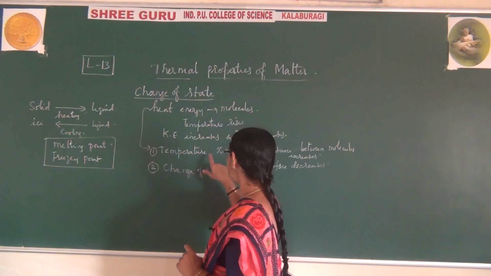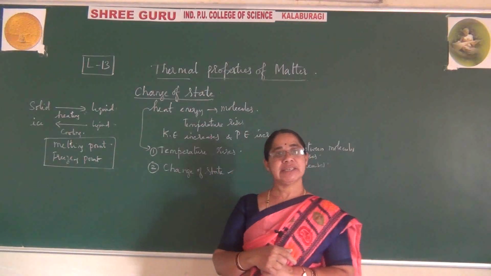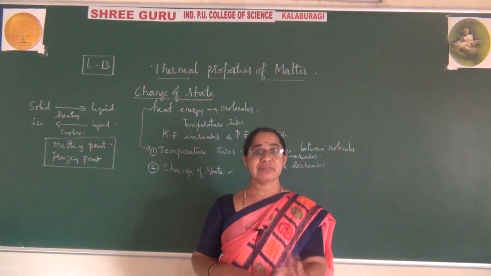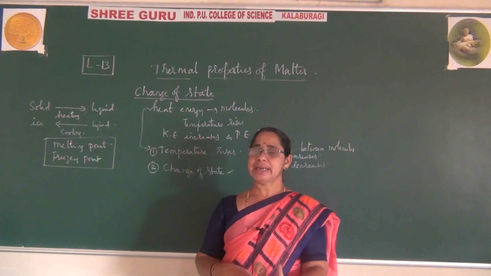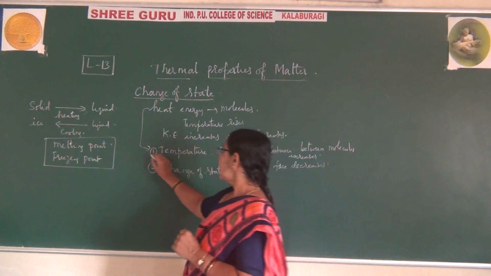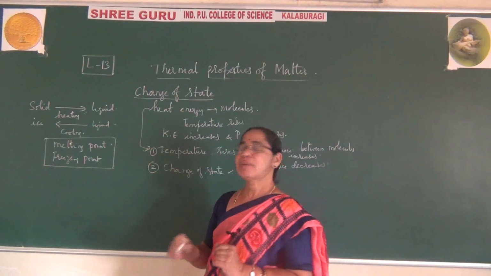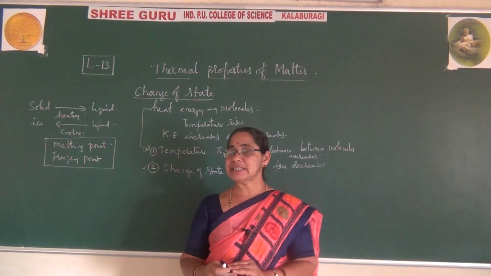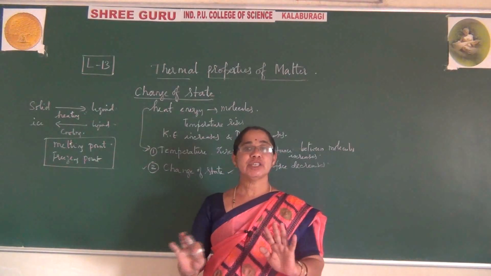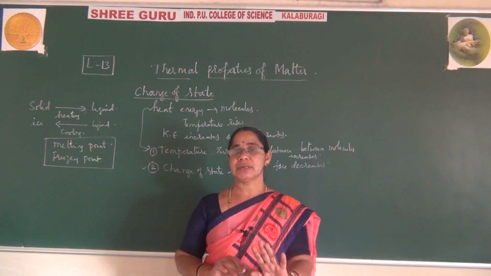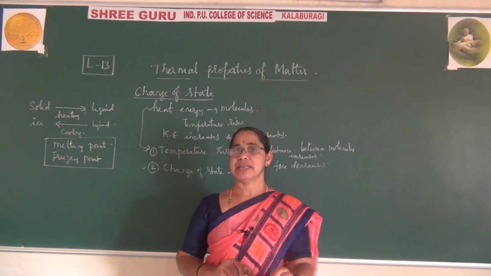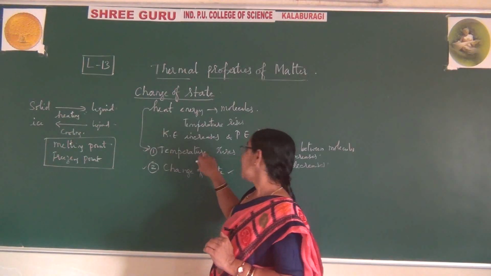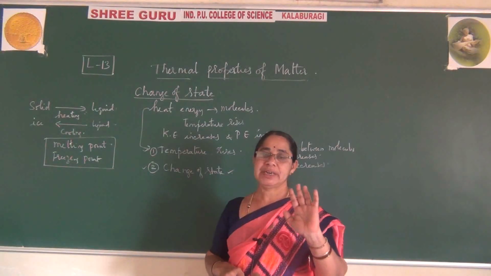Two steps take place: the temperature rises and the change of state takes place. But the two never happen at the same time; only one action takes place at a time. Either the temperature rises, or the change of state takes place. When the temperature rises, the state does not change and remains constant. But when the change of state takes place, the temperature does not rise; it stops.